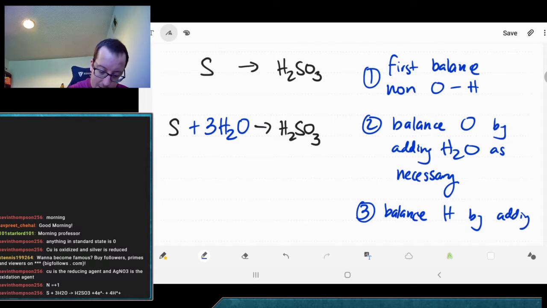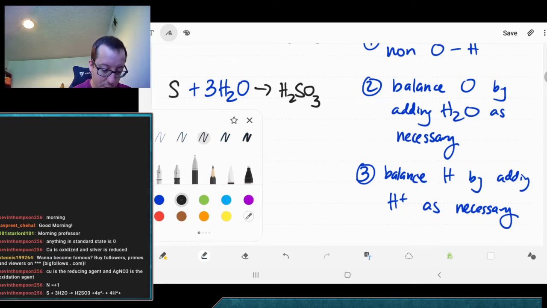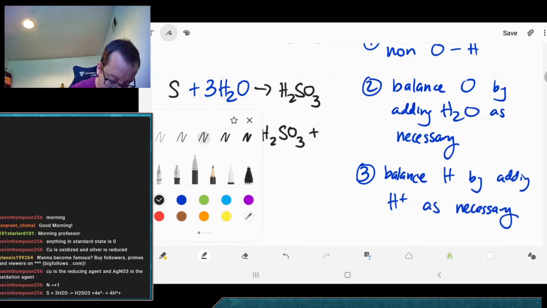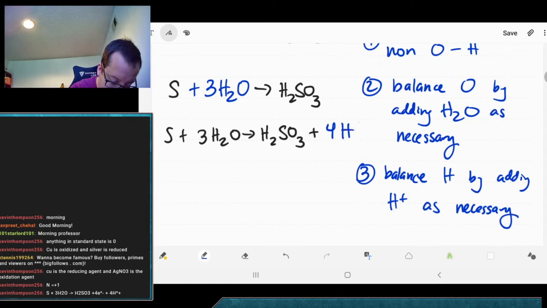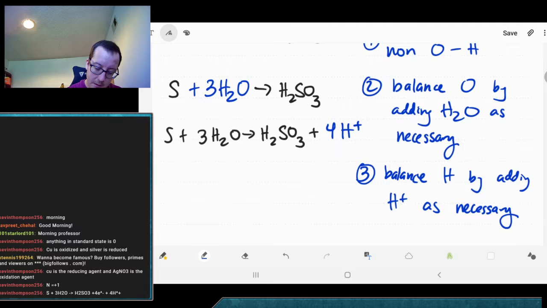And this time we're going to add H+ to both sides, or rather as necessary. Kevin, of course, has already gone ahead and done all of this, which is just fine. So if we look, we have 6 hydrogens on the left, 2 hydrogens on the right. So we're going to want to add 4 to the right side to balance this out. So now we have our 4 H+ here. And then we're absolutely right. Our last step